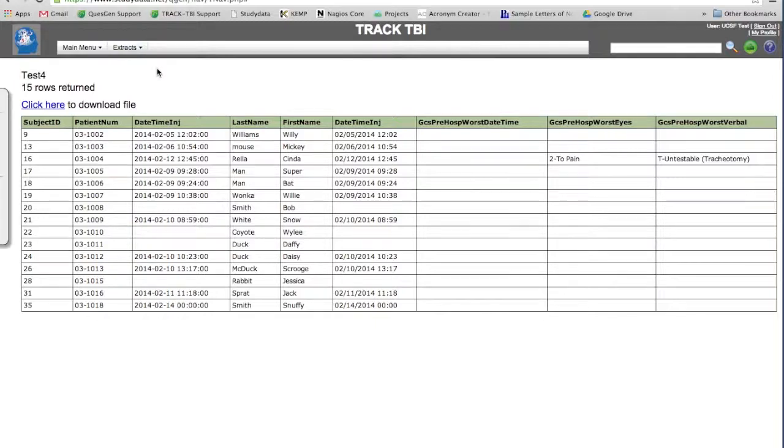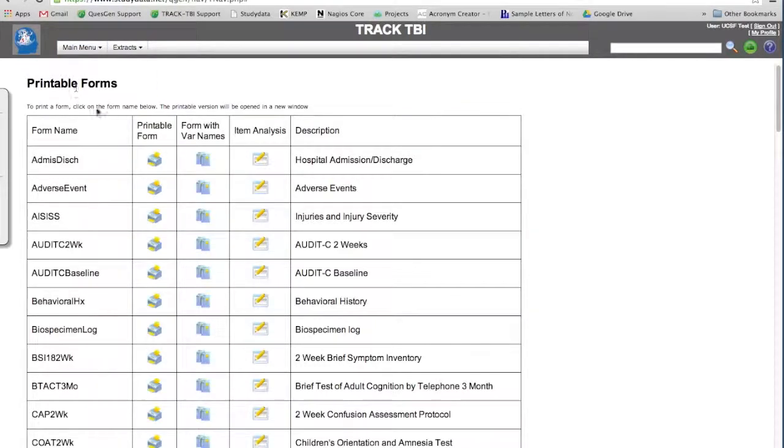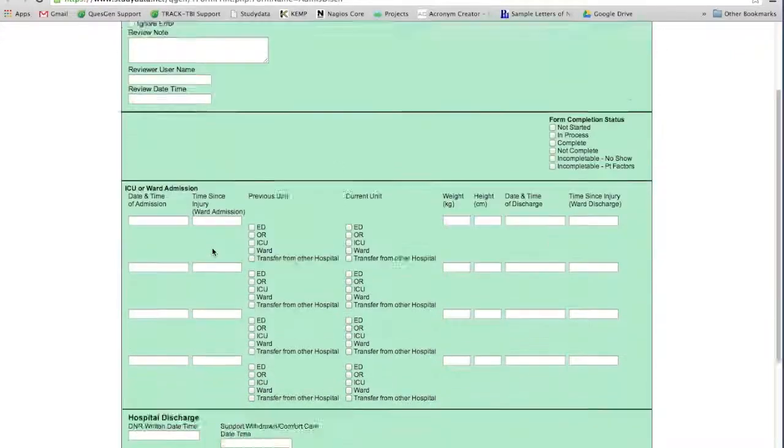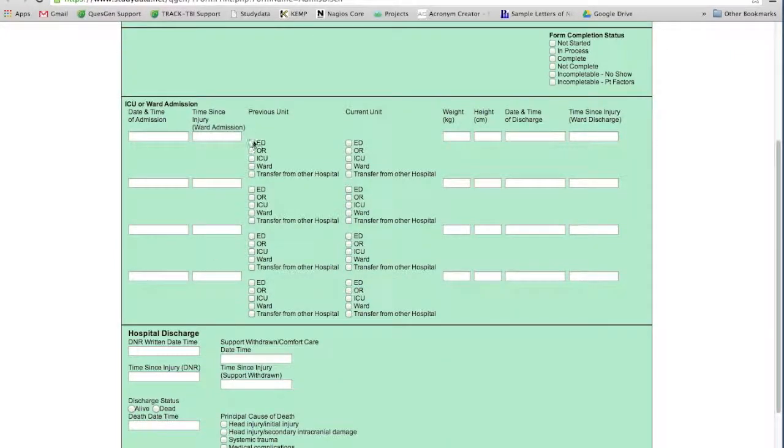Let me show you one more thing. We have a form print, and this is a list of all the forms in the database. You may want to print them out when you're filling them out and then enter the data at a later time into the database. So when you click on the printable form,